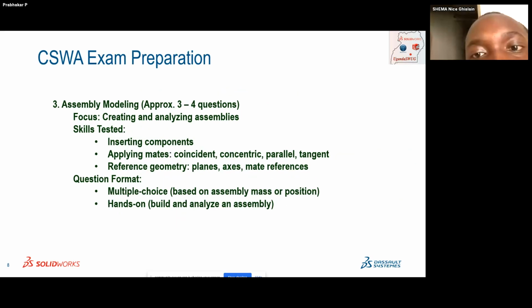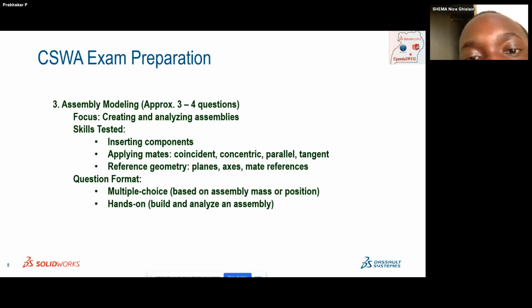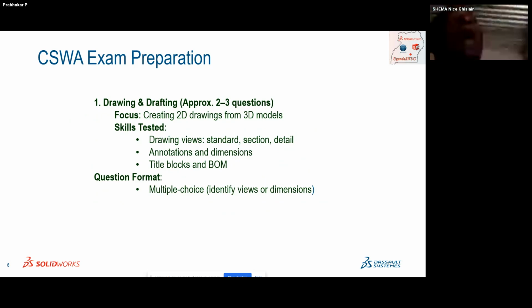Sometimes when you build one assembly, they will ask you to change some value, and you have to go with the next assembly. That's how it goes. So these are all the 14 questions expected. From the drawing side, you will be getting 2 questions. It's completely visual; they will be giving a view or an image. By seeing the image, you have to answer it.